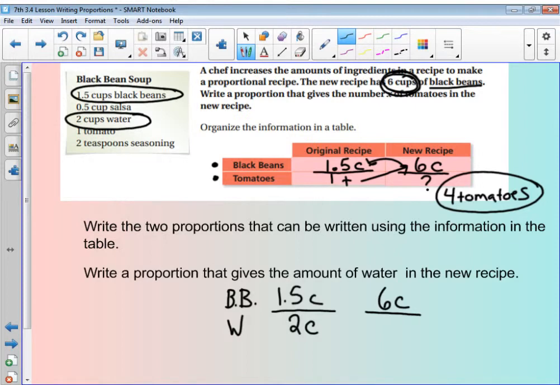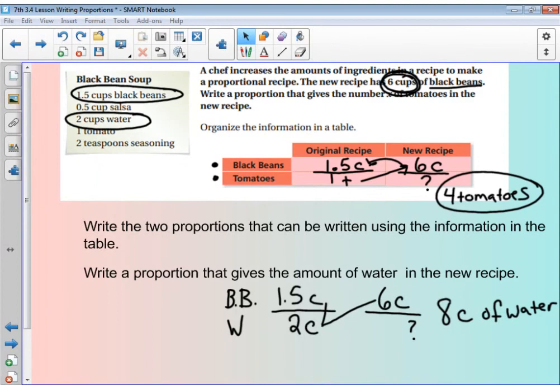And now I need to solve for this missing part. So we're going to cross multiply, divide, so 6 times 2 is 12. So 12 divided by 1.5 gives us 8. So I just found out that I need 8 cups of water. Okay, so that's using ratios and proportions in a real world